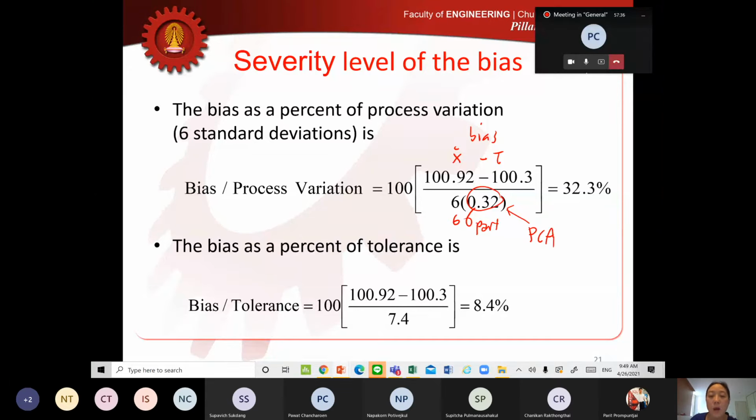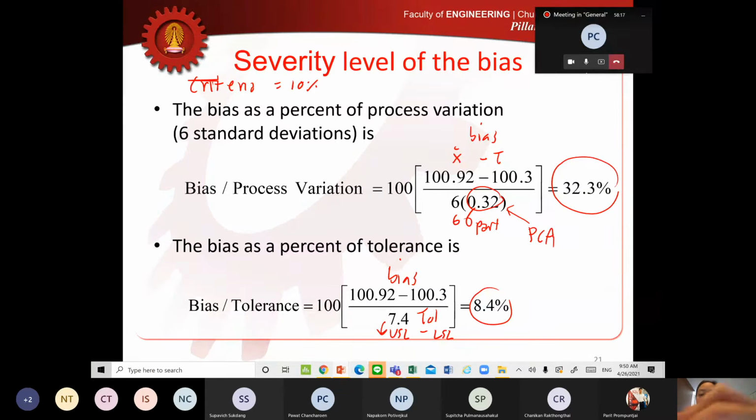You plug in the sigma value, and then you get this percentage. And if you want to compare the bias with the tolerance, the tolerance comes from the difference between the upper spec limit and the lower spec limit that you know from the parts. And then you get 8.4% here. Now, if we use the acceptance criterion of 10%, the conclusion will be